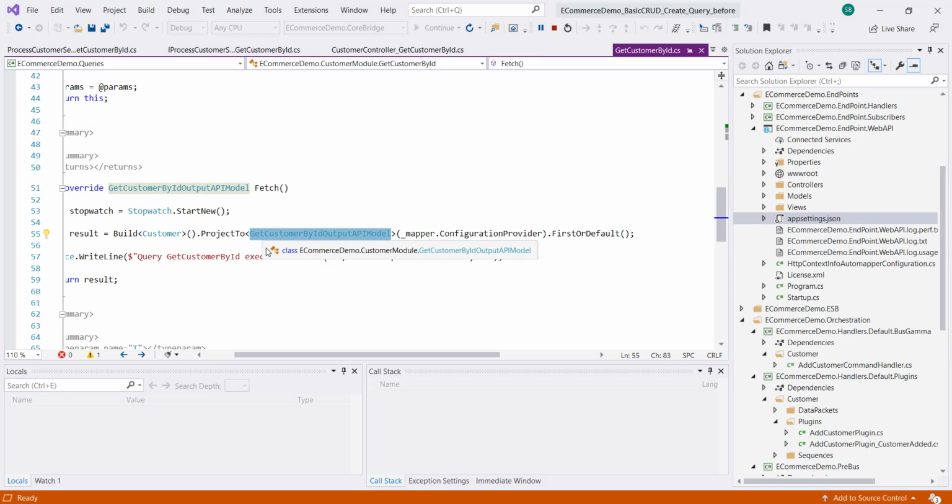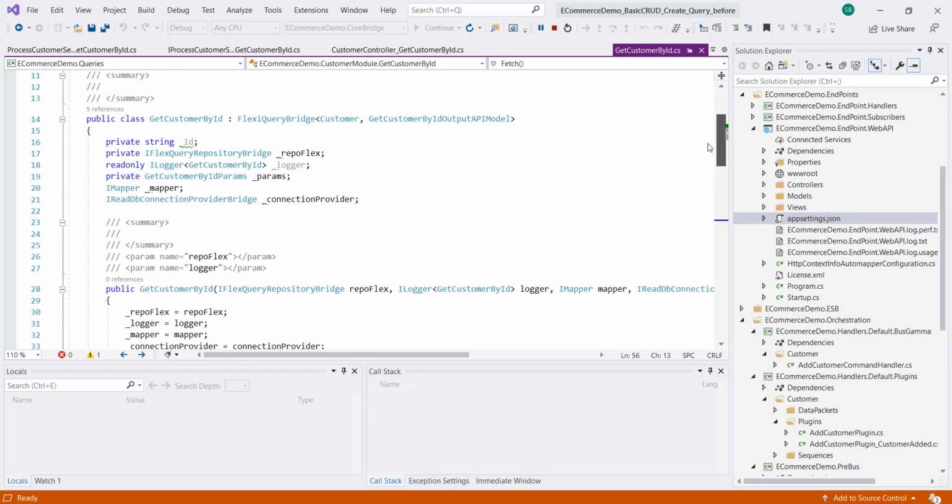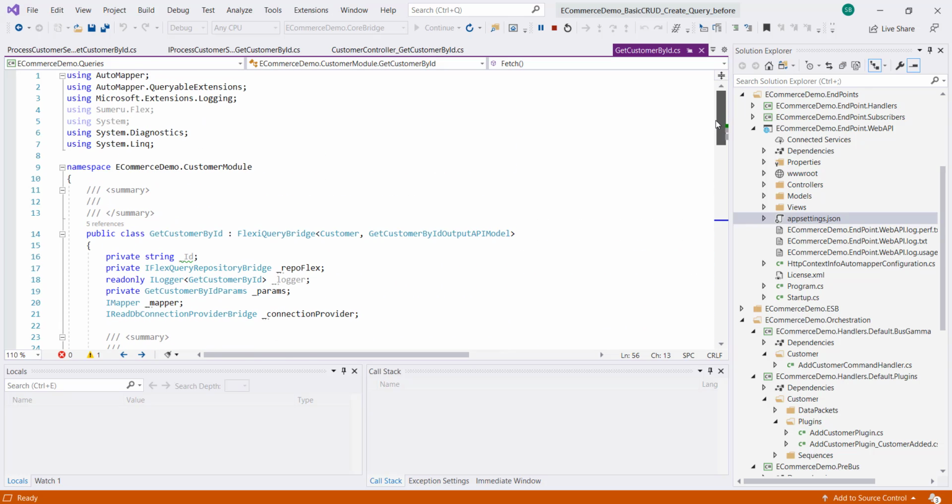It's very handy. You can use select, you can change this code and use your select or any other LINQ or Entity Framework way of working here, but this is our preferred way so that your query is optimal and fast to execute in terms of the output and the structure of your data.